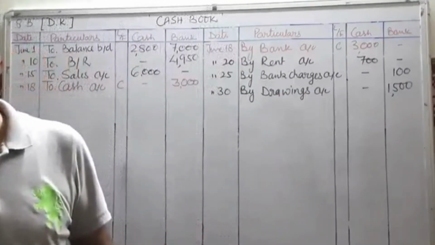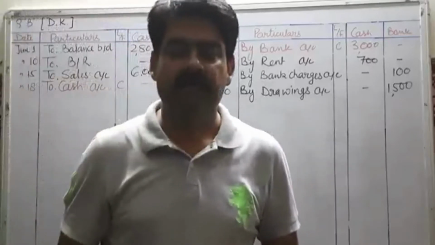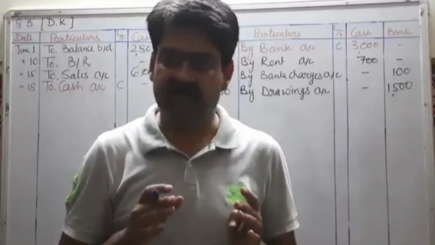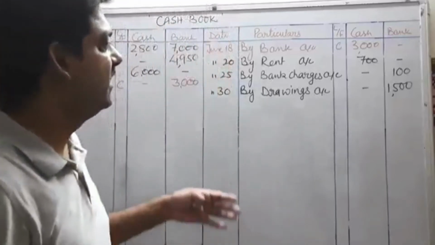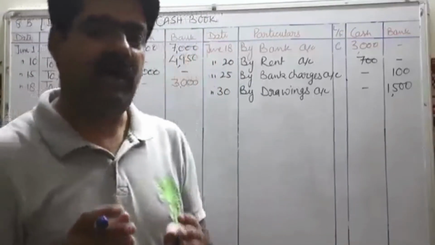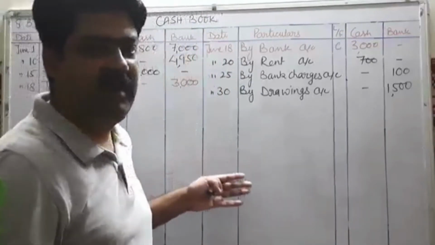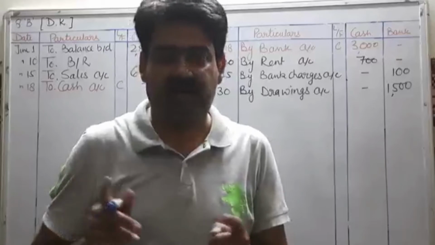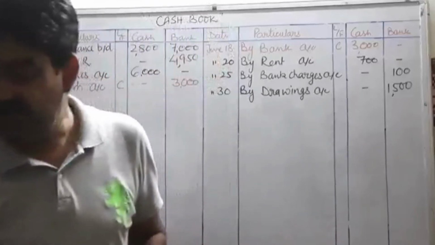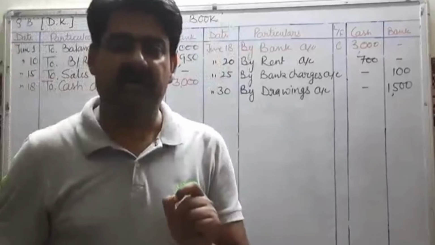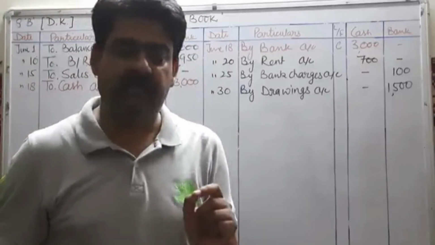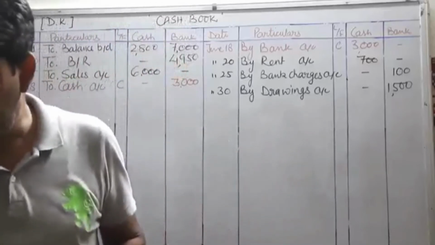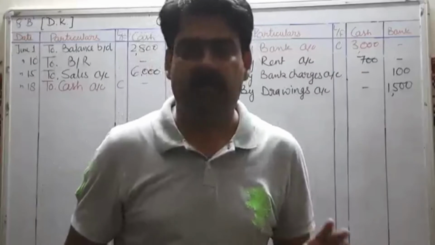Now next is purchase goods on credit from Vinay. See, always remember my dear students, such type of transactions, that is credit transactions, will not come in cash book. So I told you earlier also, apart from format of cash book, you have to prepare format of journal, and such type of transactions you will write in journal. So purchased goods on credit from Vinay. Journal entry will be purchase account debit to Vinay, and this particular journal entry you will write in the format of journal. Okay, amount is 4,000, so you will write that amount as 4,000.